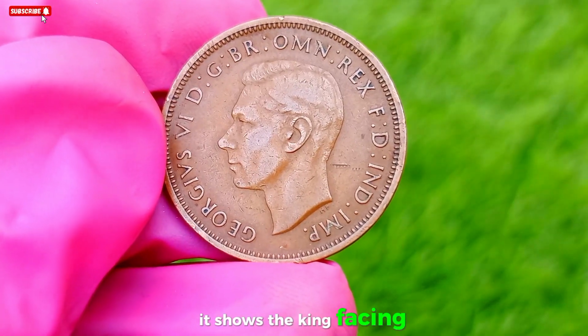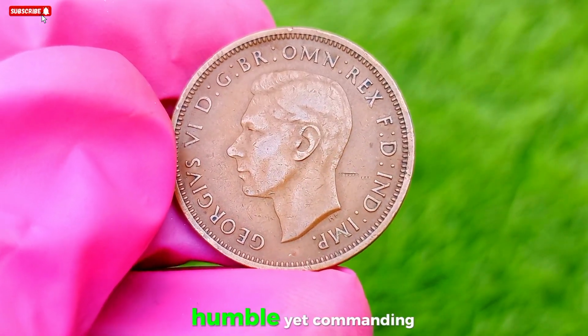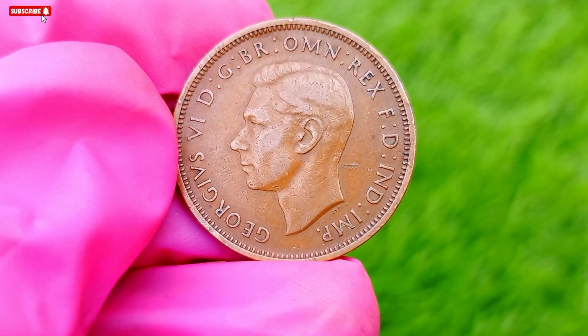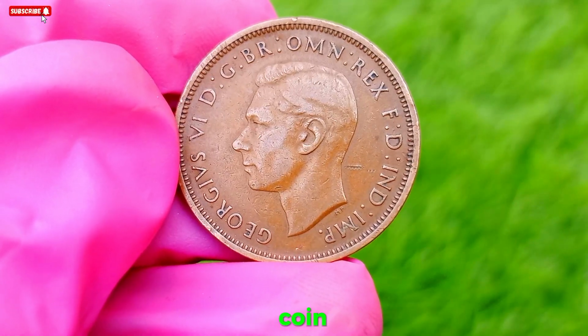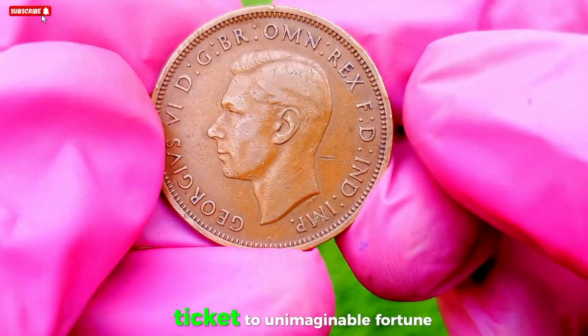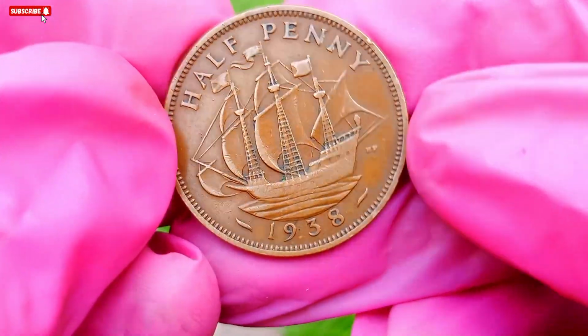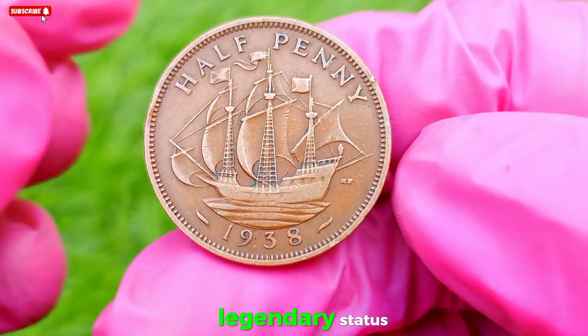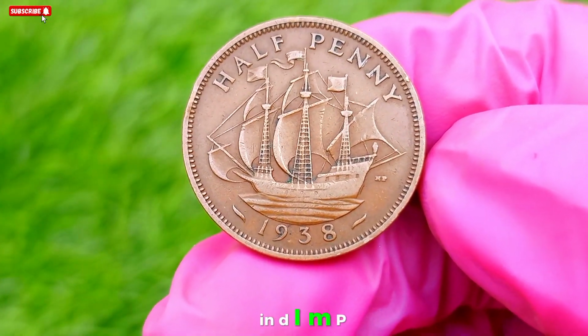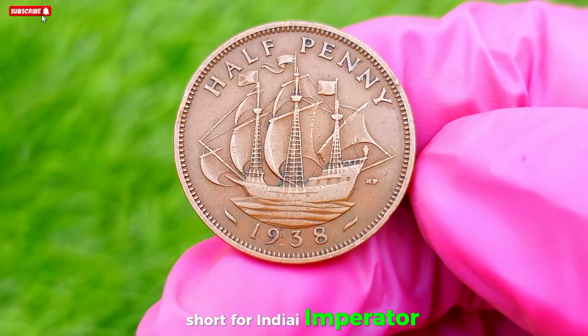It holds a majesty no crown could enhance. It shows the king facing left, bareheaded, humble yet commanding, a portrait of a ruler reshaping tradition. This is not just a coin, it is royal history cast in copper, and it might be your ticket to unimaginable fortune. One detail elevates this coin to legendary status: the presence of the inscription Ind Imp, short for Indiae Imperator,